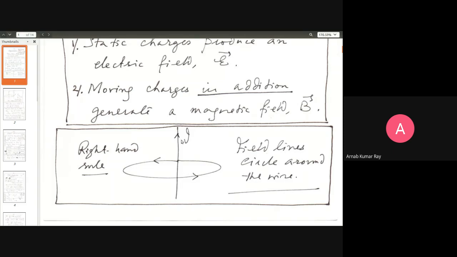But here, when you have a current going upwards, the field lines will not be radiating from this line of current. The field lines will be going round and round in circles around this wire, around this line of current. So the circular motion, now can you see what is going to be the nature of this field line? We have discussed this thing a lot earlier. This field line has no divergence. Things are not going out. Things are not converging towards the center, but going round and round in circles.